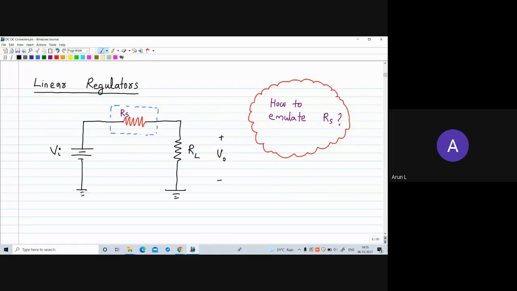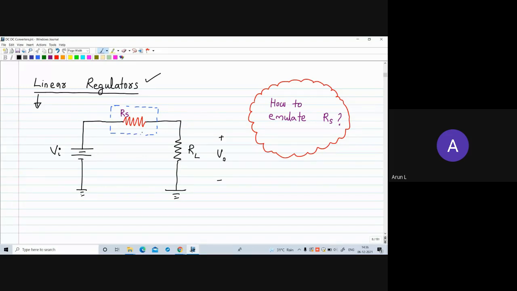So people have modified this circuit, and they have realized the linear regulators. In linear regulators, the same technique is used, but instead of directly using a series resistance, this resistance is emulated using some solid state device. Linear regulators are useful only when you are not concerned about efficiency. We are dealing with low power levels, and the losses and efficiency are not a major problem. In that scenario, we can use this idea of dropping the extra voltage across the series resistance.